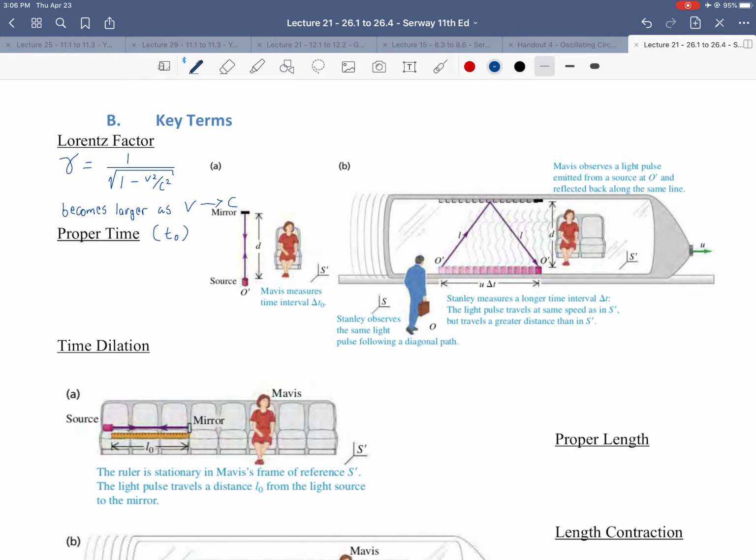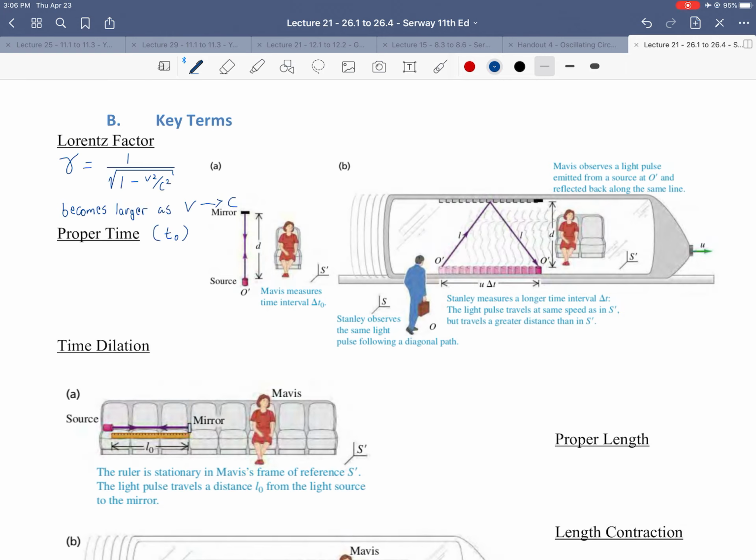The subscript implies proper, because it's like the original time, like t naught. And that is the time between two events measured in the frame where the two events occur at the same location. So, for example, if I had a